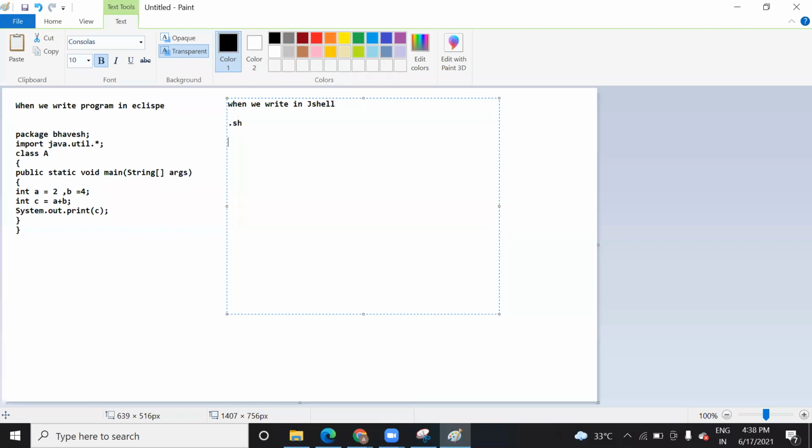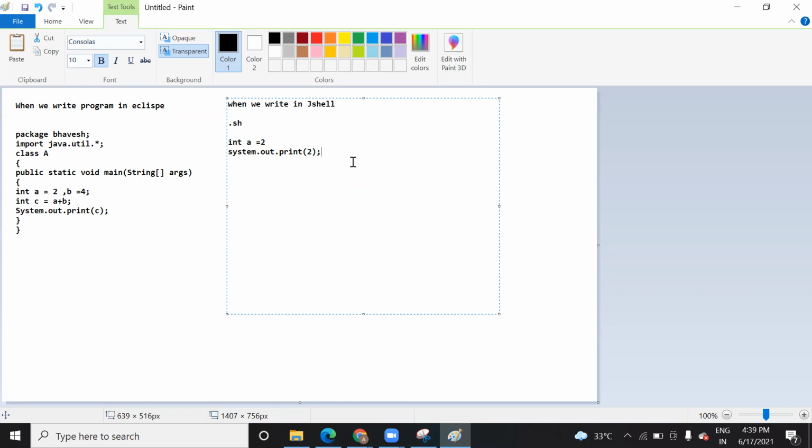So when you want to work with JShell, how are you going to do that? You will work like this: a is equal to 2, and when you write System.out.print, it will give you the output on the screen. Here we don't need to write main and all. That's the beauty of JShell. JShell will run element-wise code, and you can run a code snippet also. I will show you how you can configure it on your system.